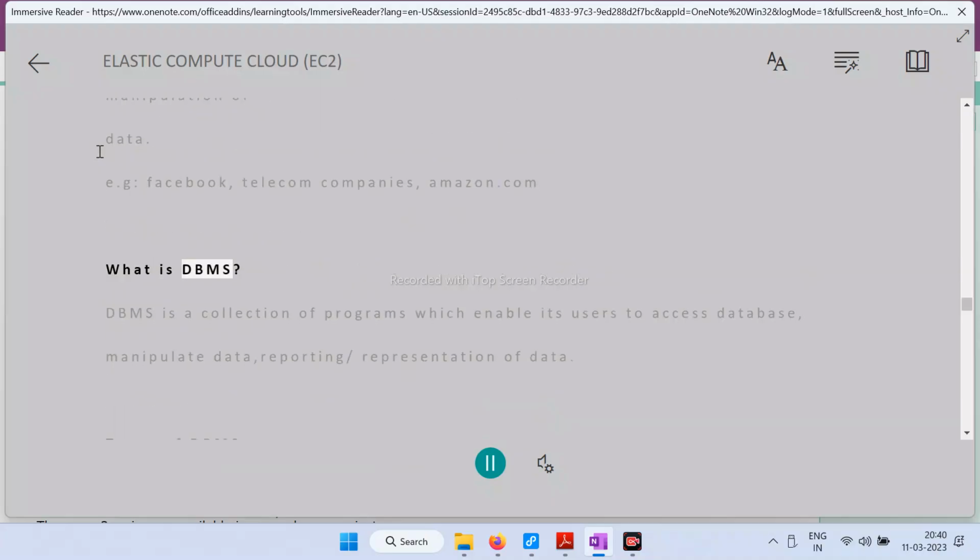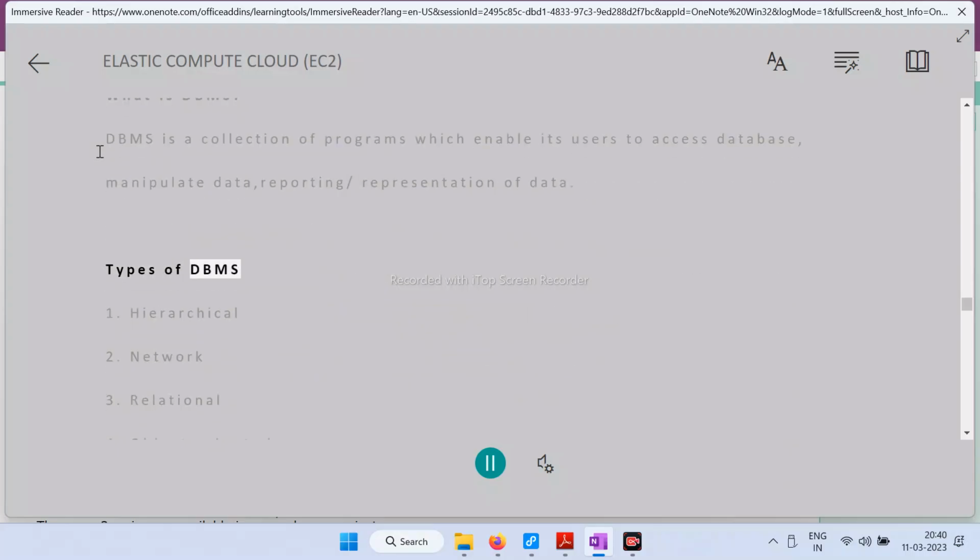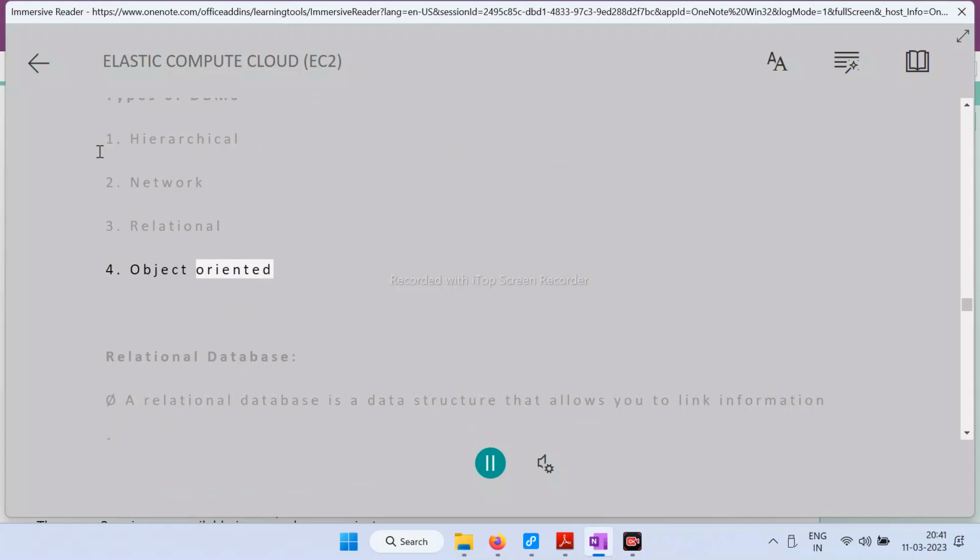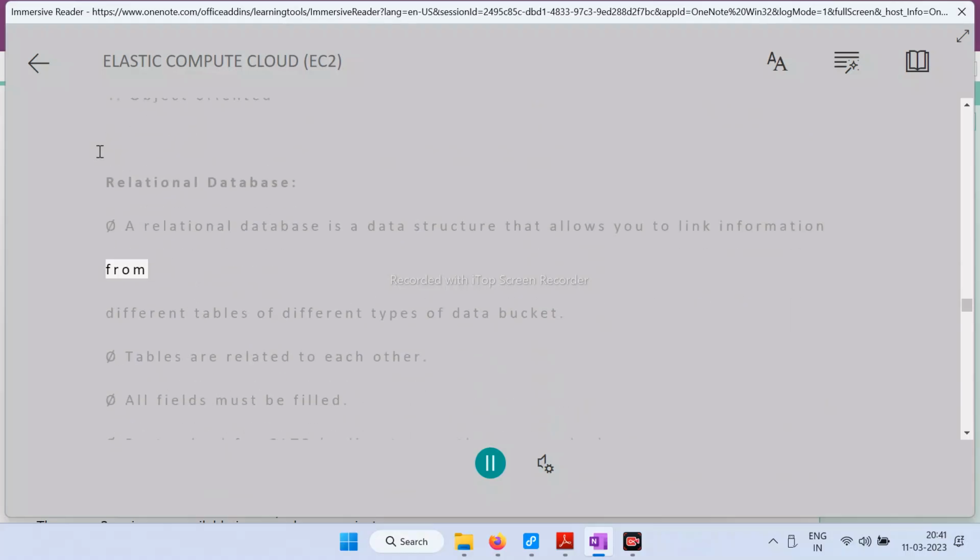What is DBMS? DBMS is a collection of programs which enable its users to access a database, manipulate data, and report or represent data. Types of DBMS. 1. 2. 3. 4. Object-oriented. Relational database. A relational database is a data structure that allows you to link information from different tables